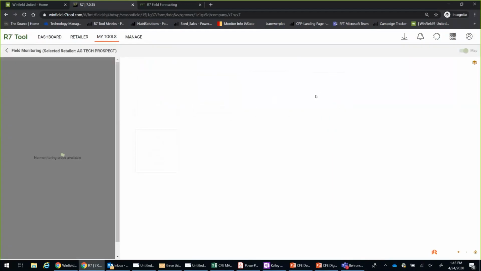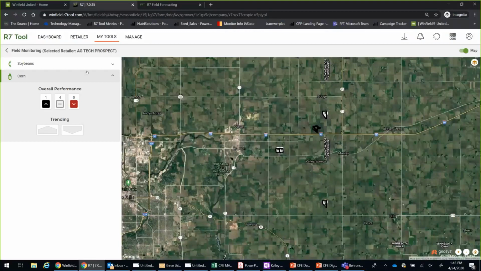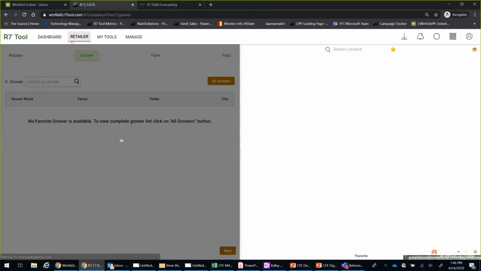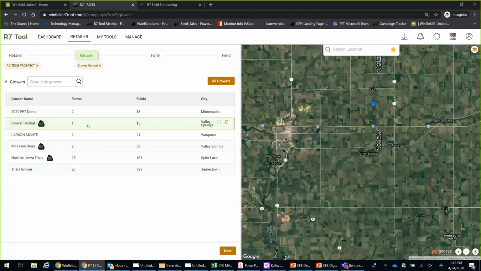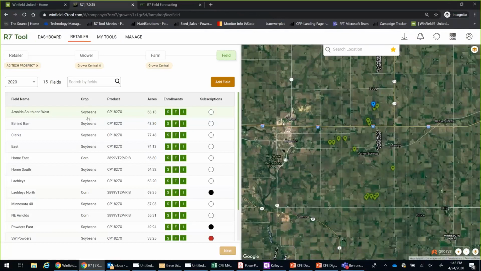The field monitoring tool, like I said, is also able to be looked at from this view, looking at this particular grower and what these fields look like. That's what I wanted to go through today. Please feel free to look in here. It looks different, but the tool is initially very similar to what it always has been. So take full advantage of this, utilize this information and data, and communicate it to your grower customers. This is a great way for them to look at things a little bit differently daily.